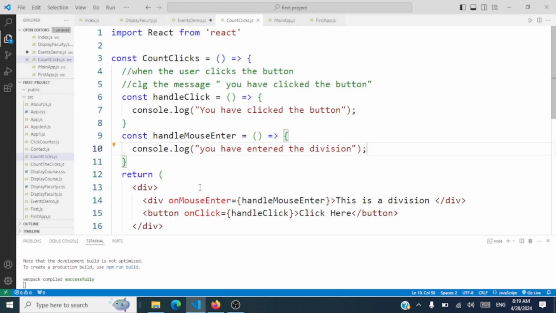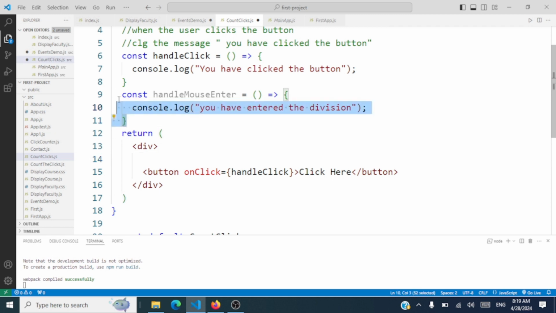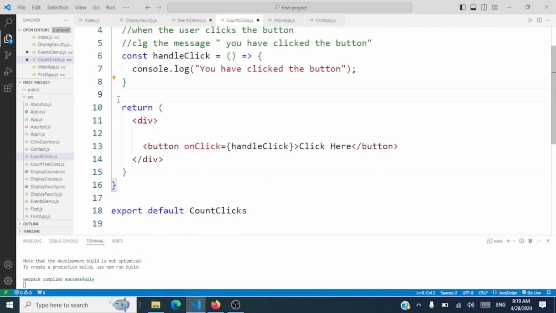So we can handle any number of events like this by having an event handler for that specific event that's occurring. Let's go further. Let me remove this on mouse enter and let's keep it simple. Let's have our button event here. And now what I want to perform is I want to pass some